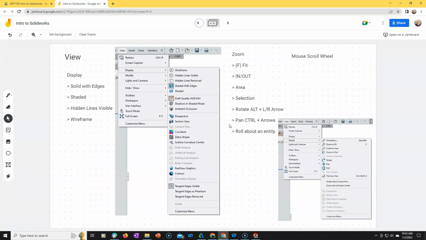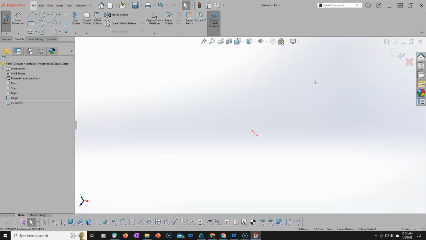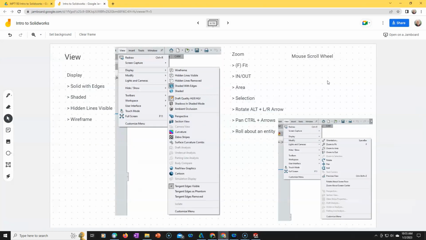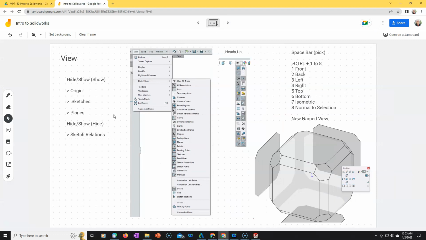Oh, there was the control alt plus. Oh yeah, and then also on the keyboard, if I hit alt and rotate, it's rotating about the view, and panning, control and the arrows. And shift is by increments. I don't think I put that one in there. All right, so the view, hide, show,